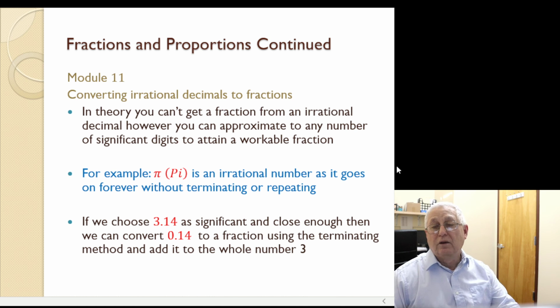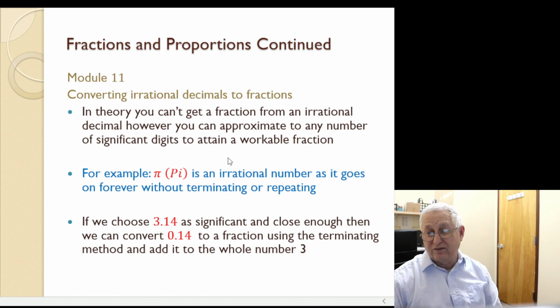In theory, you can't get a fraction from an irrational decimal, because it goes on and on forever. However, you can approximate to a number of significant digits to attain a workable fraction. For example, pi is an irrational number as it goes on forever without terminating or repeating. If we choose 3.14 as a significant digit and close enough, then we can convert